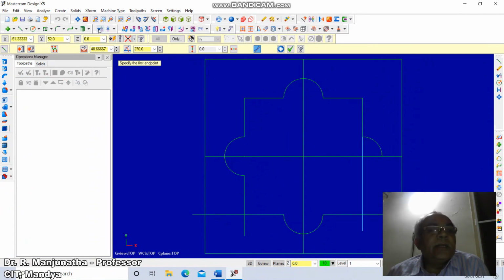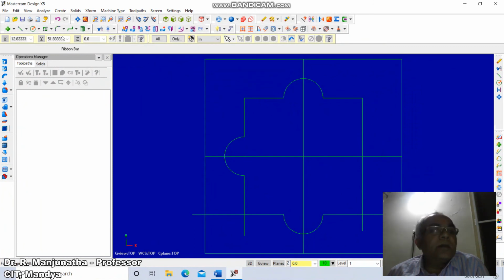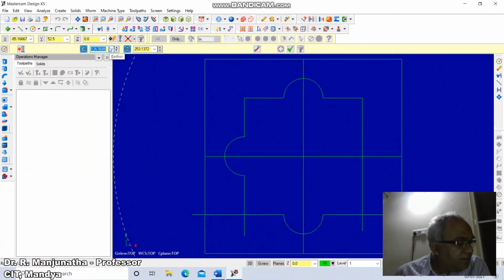Then go to extend. Select this, extend. Now again we'll delete this and we're going to create one more arc. Go to circle, take this intersection point, the radius is 10.